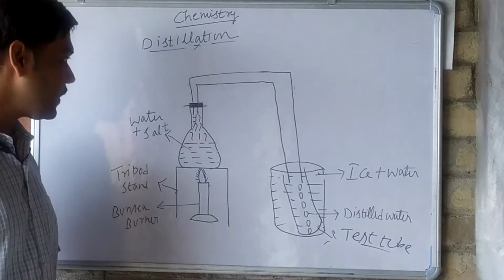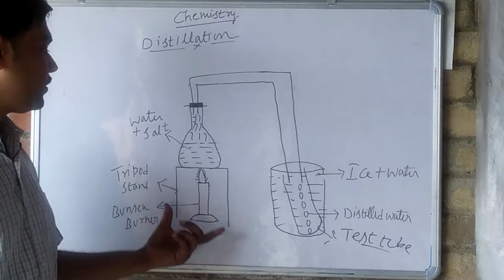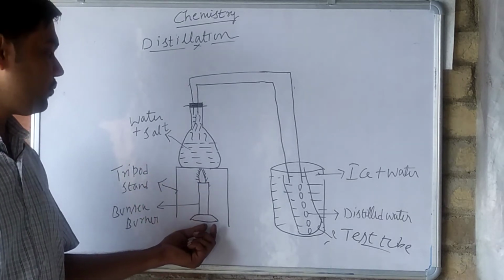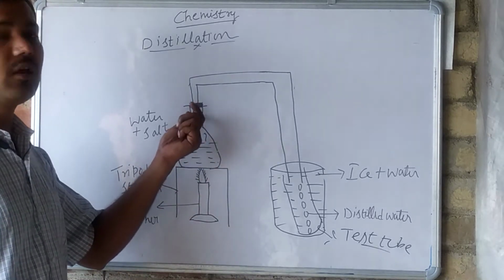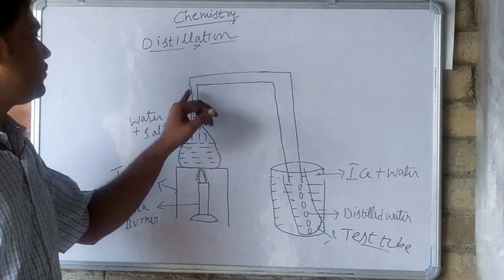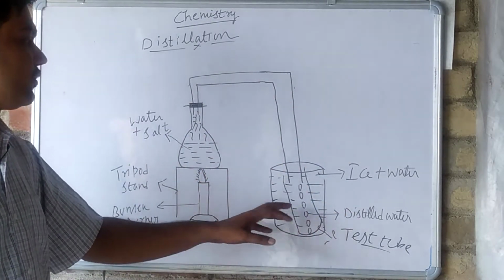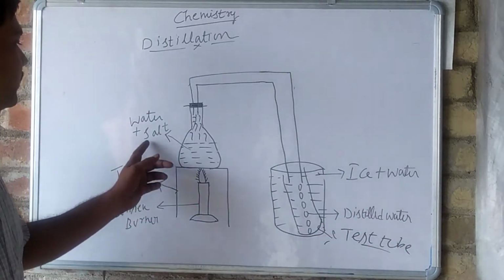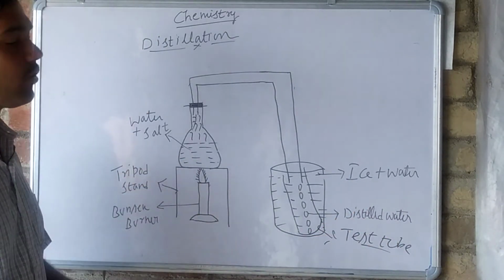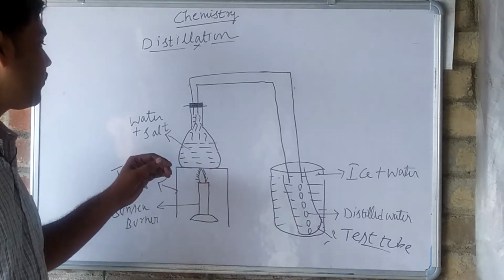So this is the whole process of distillation. There is a tripod stand, and beneath that tripod stand we have a Bunsen burner, and a conical flask whose mouth is airtight with a cork. A pipe is passing through that mouth and is placed on the test tube, which is placed in the container containing an ice and water mixture. What happens when we start heating? Because of gaining heat, the solution of water and salt